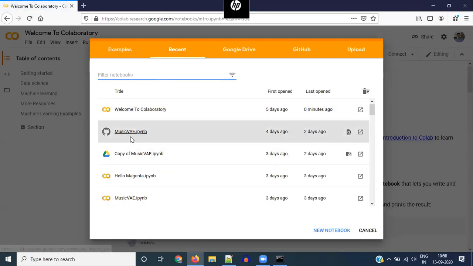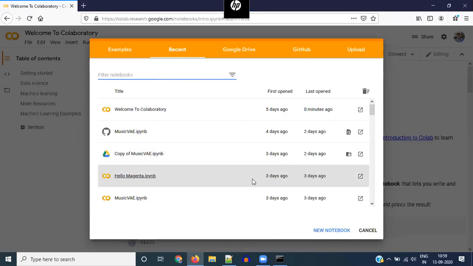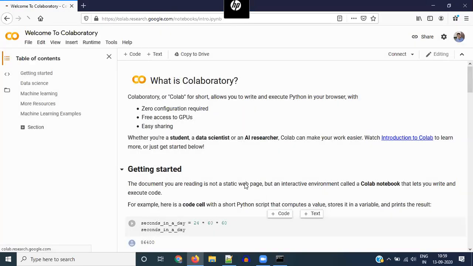And so because I already have some other notebooks that I've already worked with, it's just asking me if I want to open any of these. But if you haven't got this window open, you should have whatever is in the background here open. You can click on File and New Notebook there. Or if this has opened up, you can click on New Notebook. And it will just start a notebook that's very similar to a Jupyter Notebook.